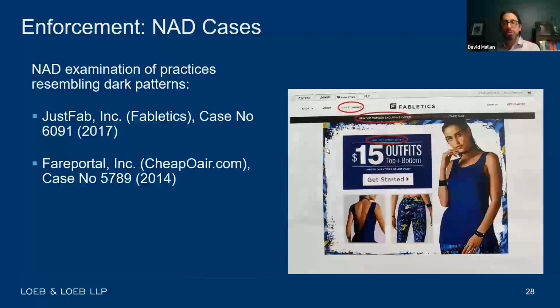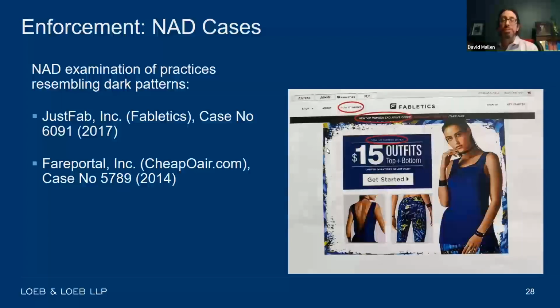I mentioned that most of the cases before the NAD are these competitor disputes, but probably about 25% of NAD cases, maybe a little more, come from their own monitoring efforts. It's where NAD actually acts as something of a self-regulatory enforcer, and they will challenge companies where they have concerns about their online practices. They are getting increasingly involved and increasingly aggressive in this space in fulfillment of their mission to uphold high standards of truth and accuracy in advertising.